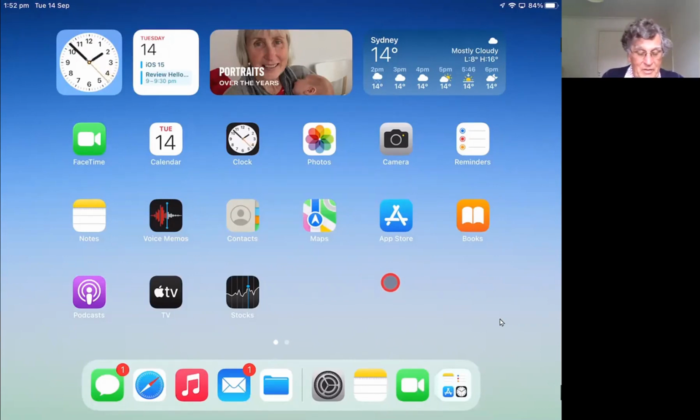Right, and now I'm going to have a quick look at Messages. Most of the changes in iOS 15 are not massive, but some of them make life a lot easier. If I go over and look in my Messages app here,